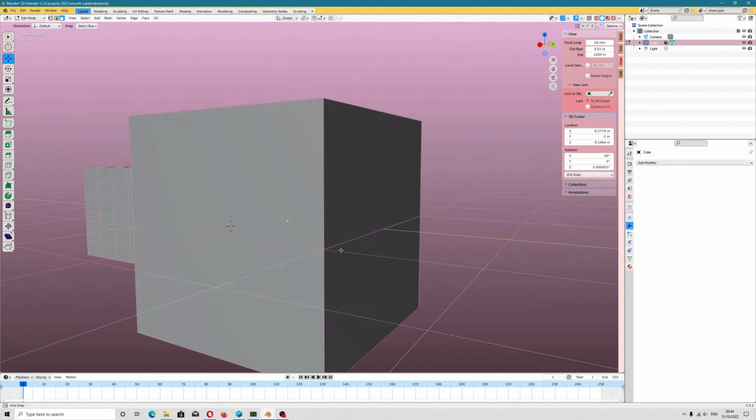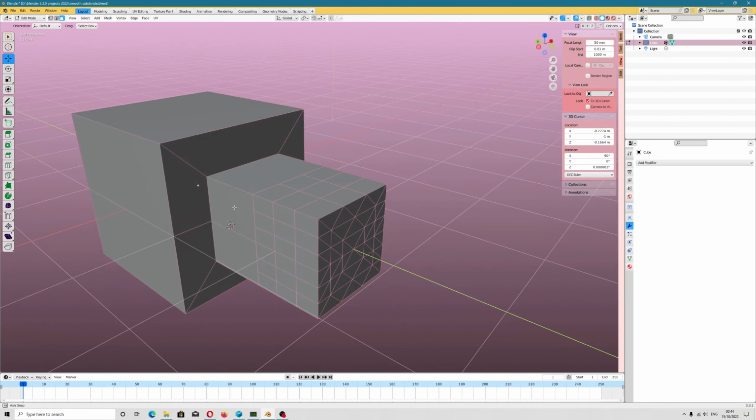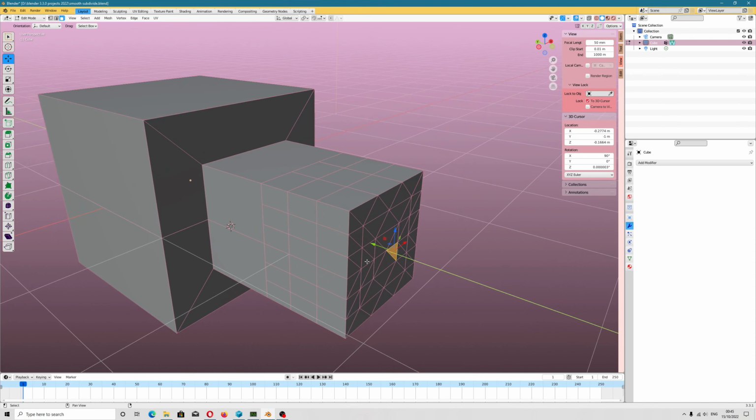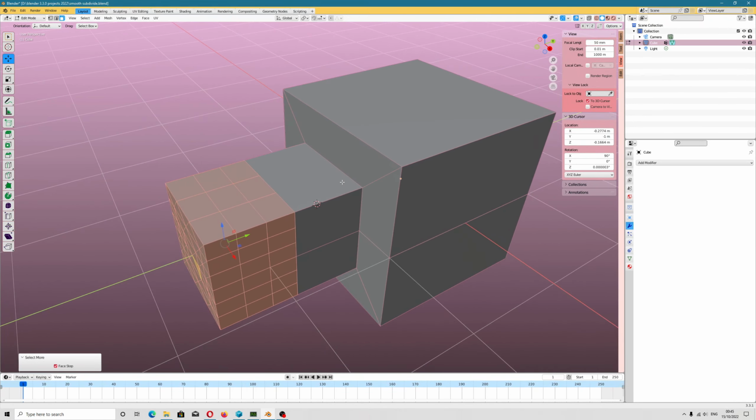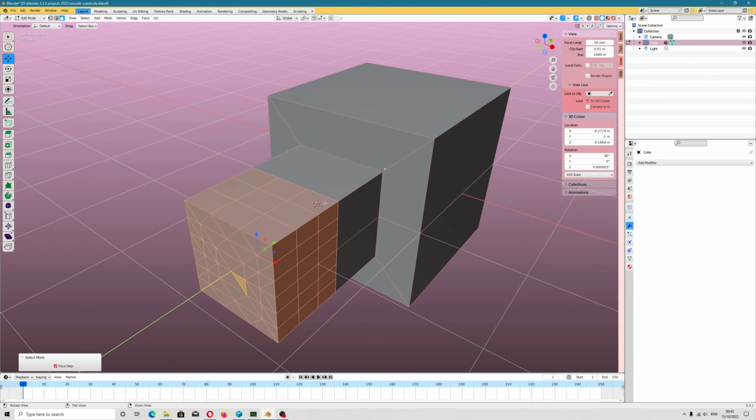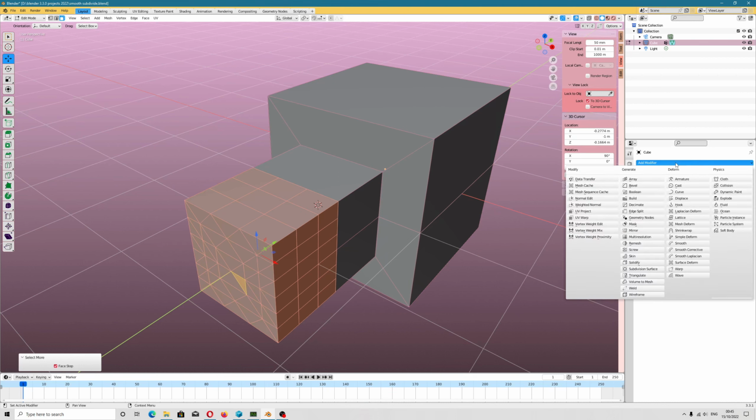Hello people, today I wanted to show you how you can smooth separate polygons, because I found the solution. It is possible to do that in Blender because there is a smooth modifier